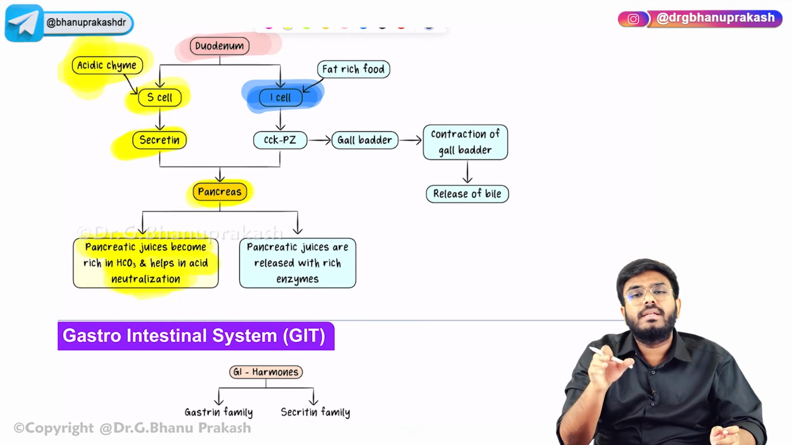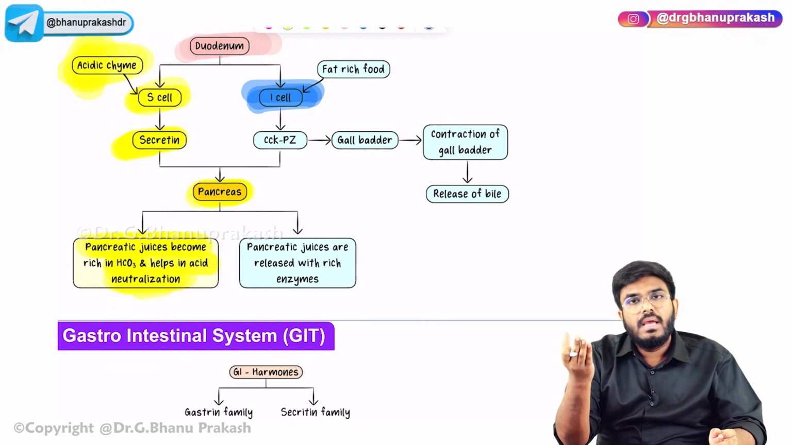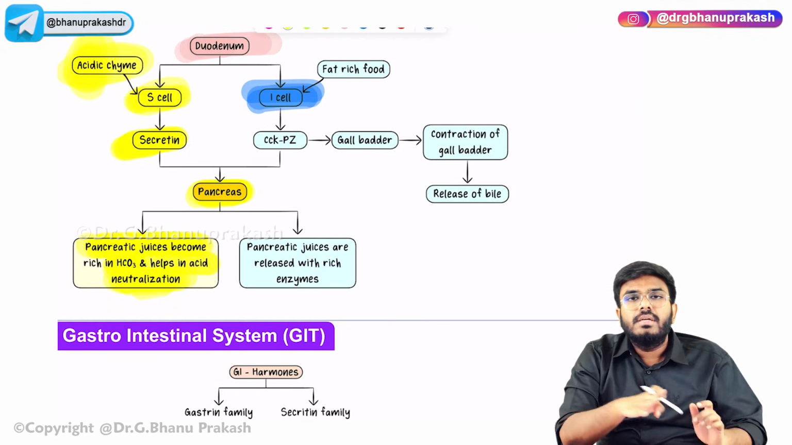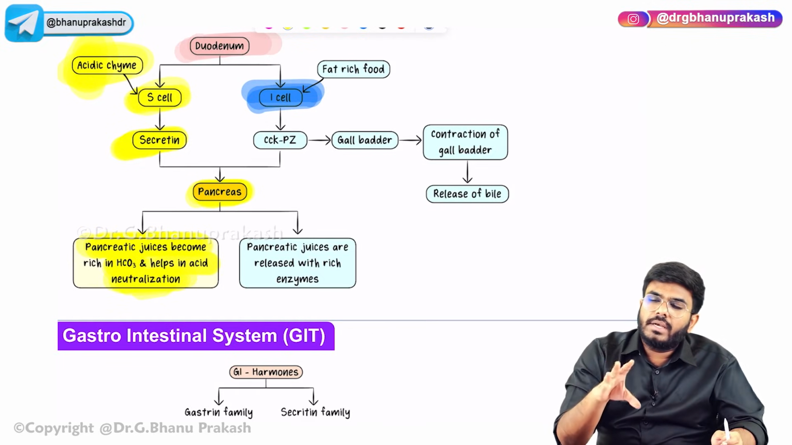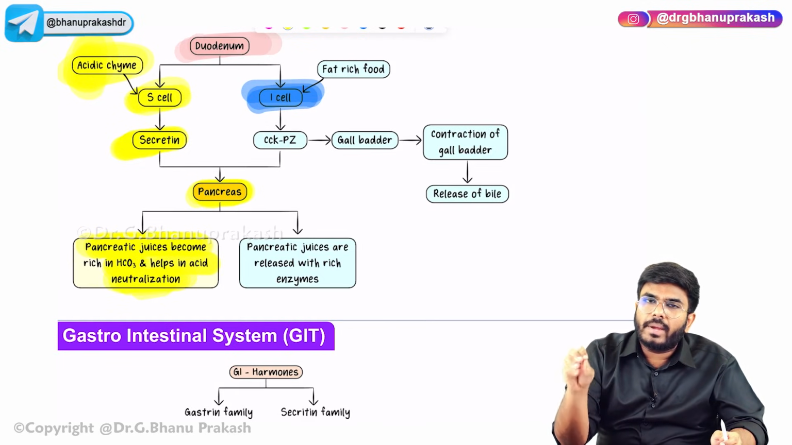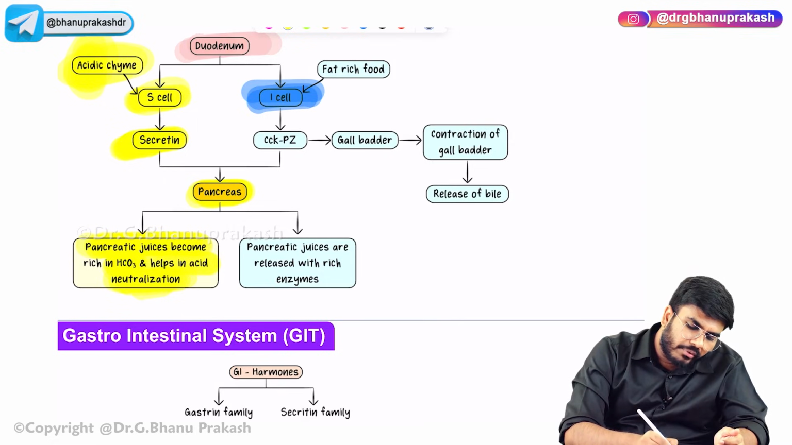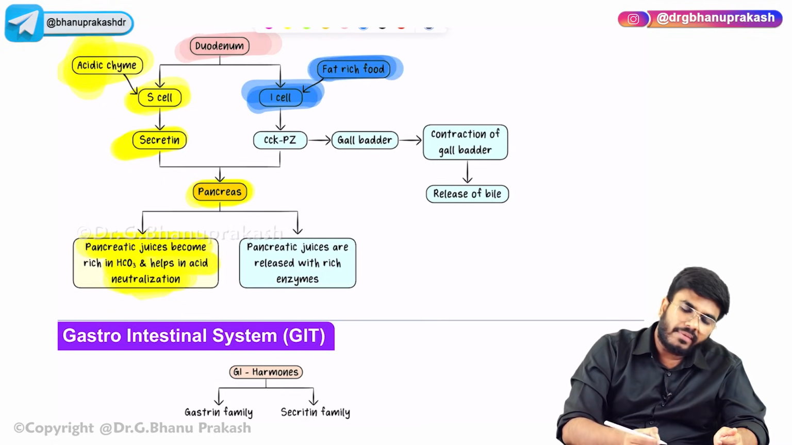So secretin is actually called nature's antacid. How is it an antacid? Secretin stimulates the pancreas to release more bicarbonate-rich pancreatic juices, and bicarbonate neutralizes acid. Next, whenever you eat fat-rich food, the fat-rich food is going to